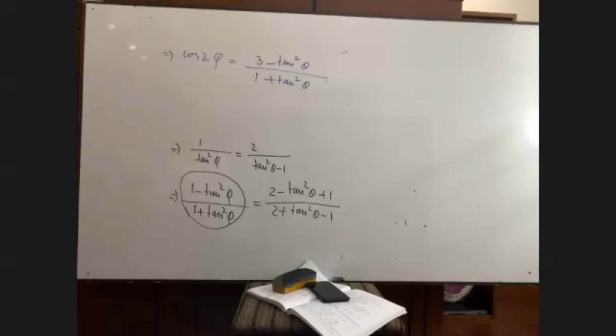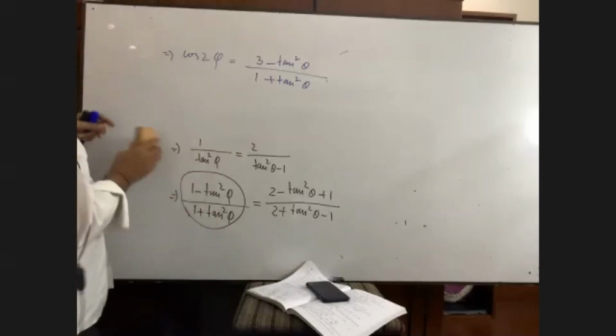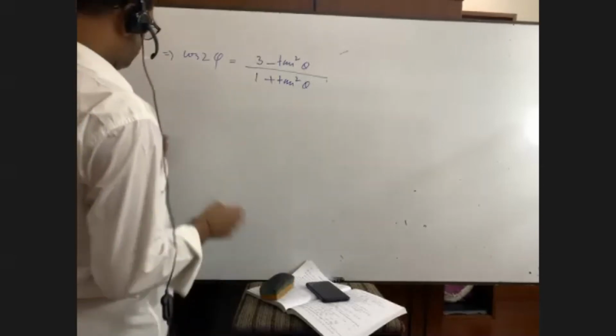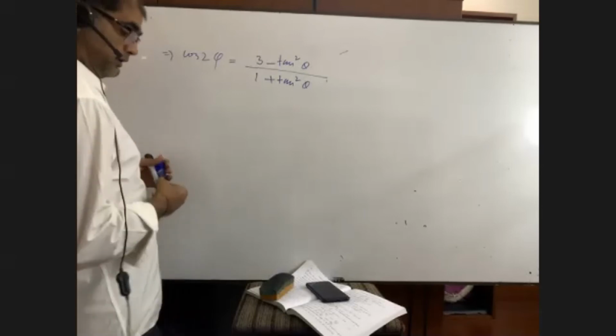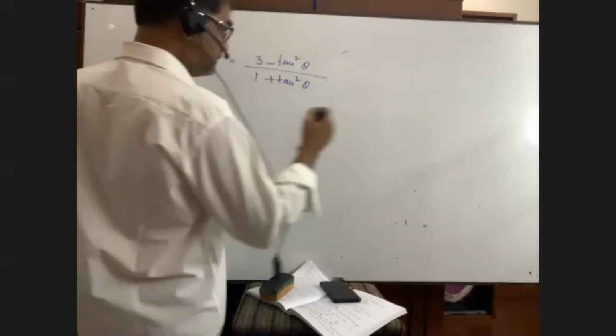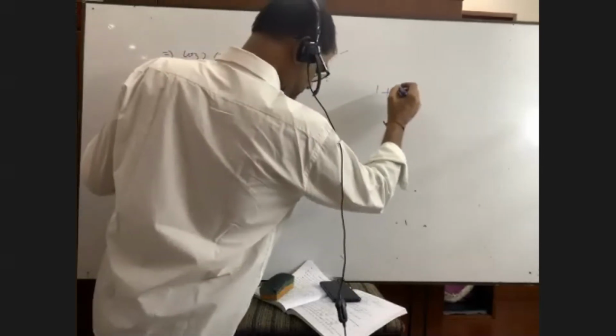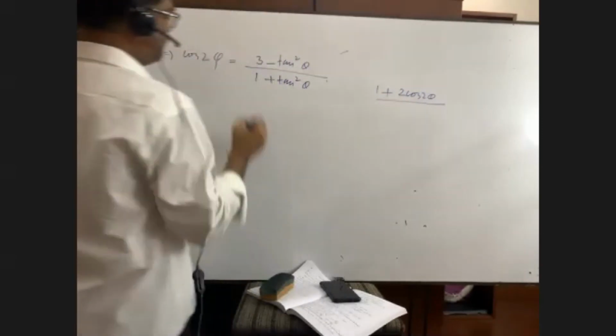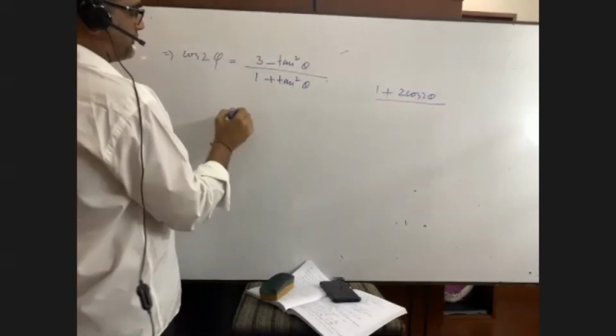Have you done or not? This is the question. Okay. Your math is done. What was the right hand side? Can you tell me? 1 plus cos 2 theta. So I need 1 from here. Yes, I need 1 from here